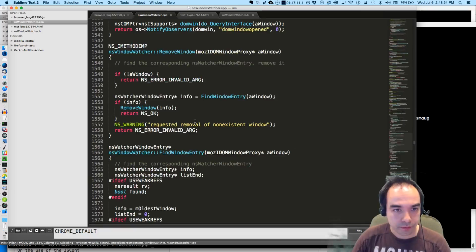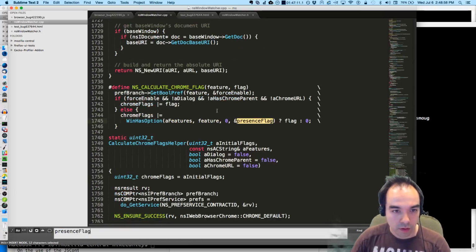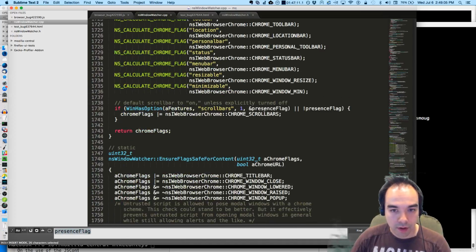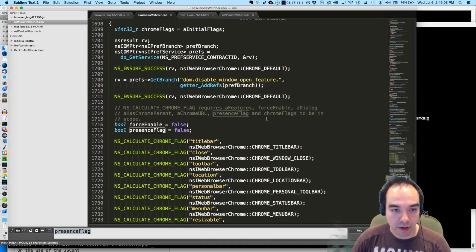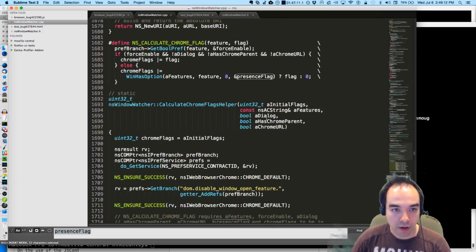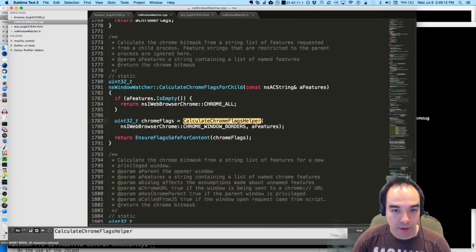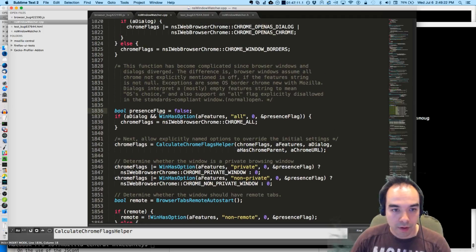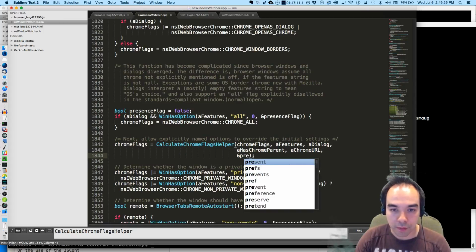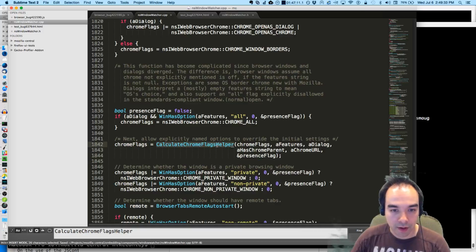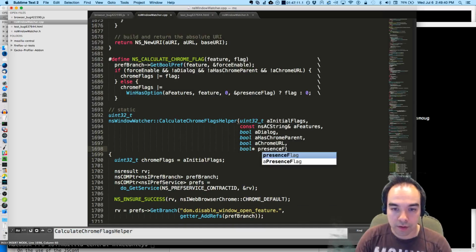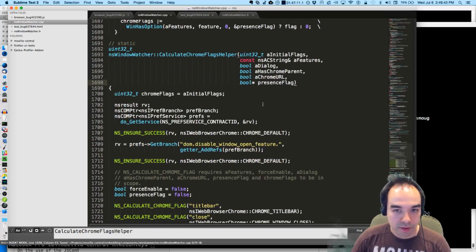Chrome flags helper. And then presence flag is used here. Presence flag.